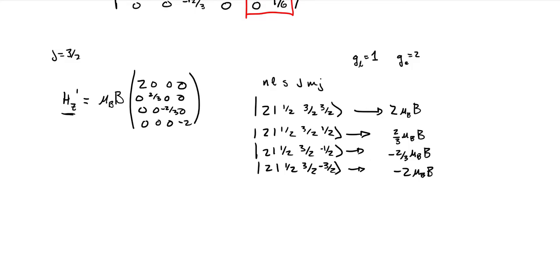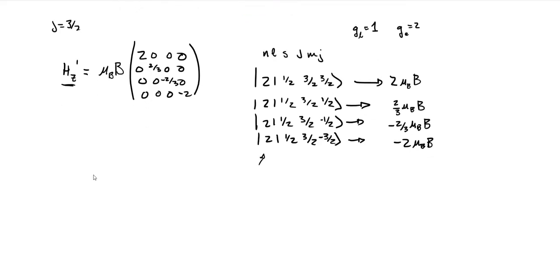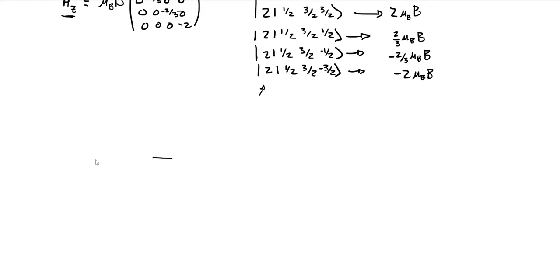So what we see is these four states were still degenerate after we applied that fine structure perturbation. All of those states were at some energy level after applying the fine structure. If we were to plot those energies as a function of applied magnetic field, they get split off. One goes up and one goes down at -2 mu_B and 2 mu_B, and then two others split like that as well at 2/3 mu_B and -2/3 mu_B.